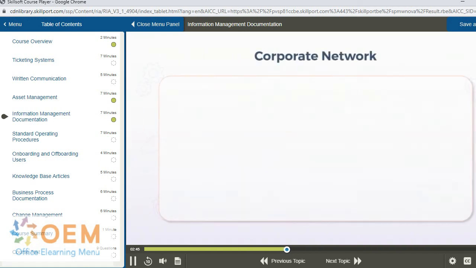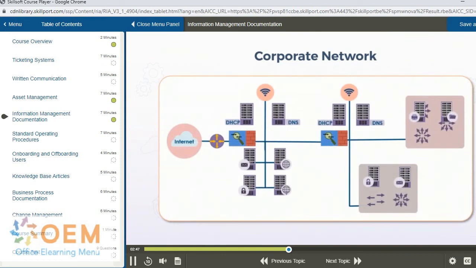So if we scale this up to a more corporate type of environment, now we start to see specific types of servers listed, and we start to see how they're laid out. So in any one given network section, we see particular types of servers, including DHCP and DNS servers. Then we also see messaging servers or email servers, web servers,